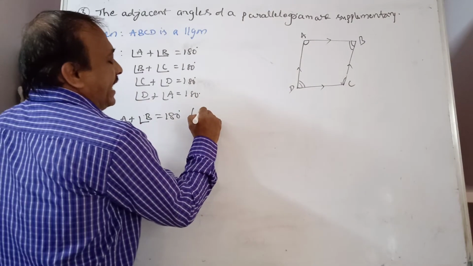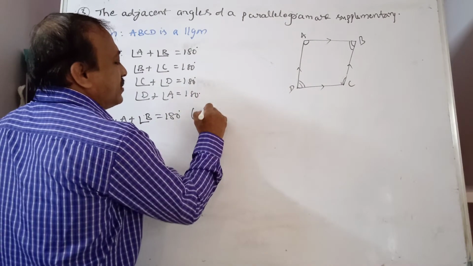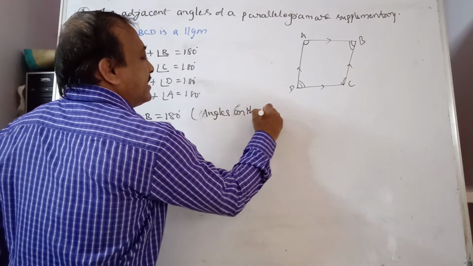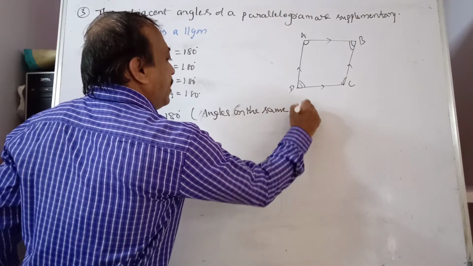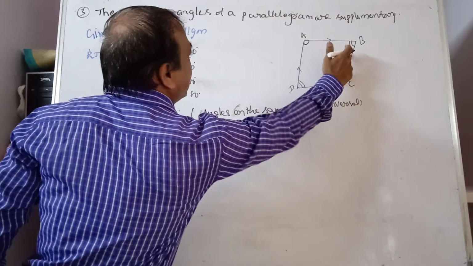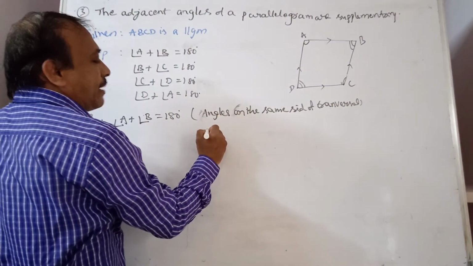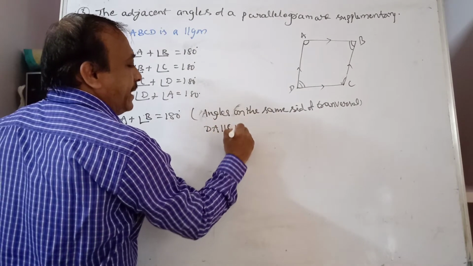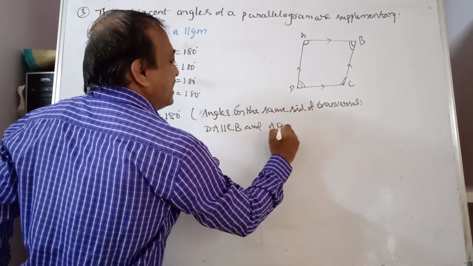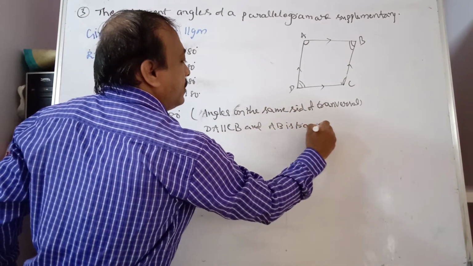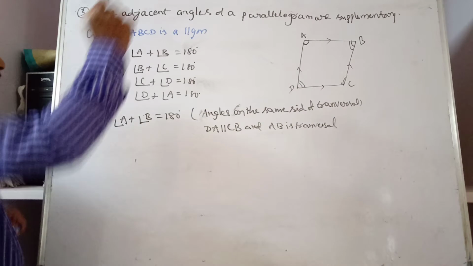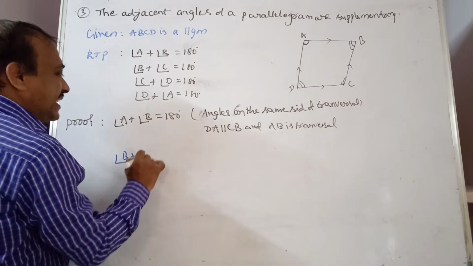The reason is DA, angles on the same side of the transversal, interior angles. You see, these are the two parallel lines. Which two lines are parallel? DA parallel to CB, and AB is the transversal. So similarly you can write angle B plus angle C is equal to